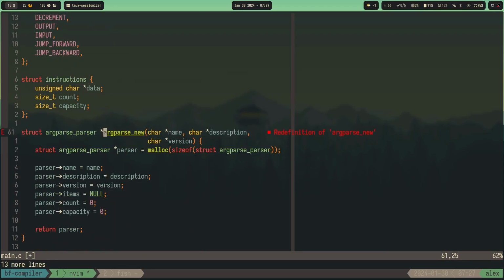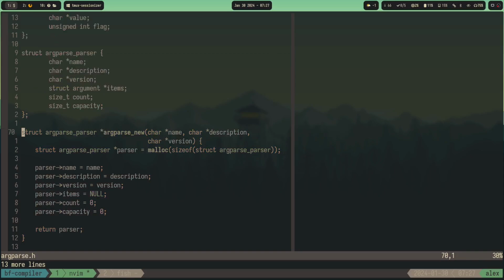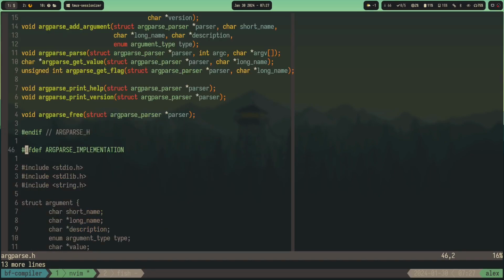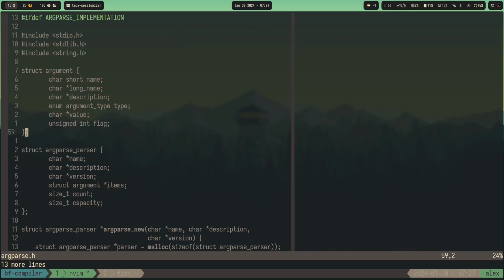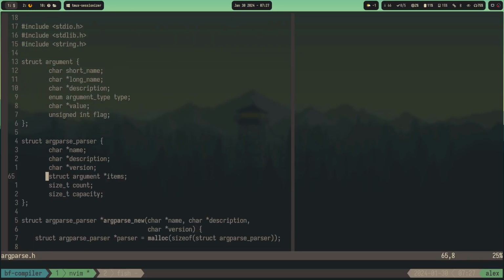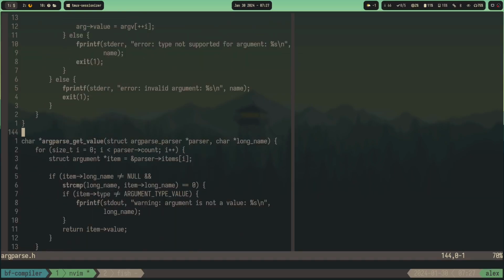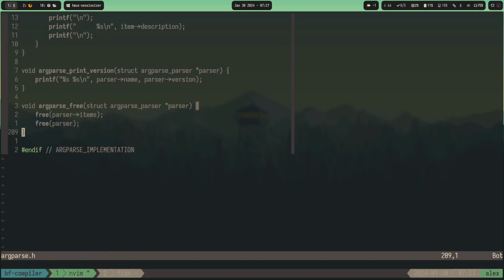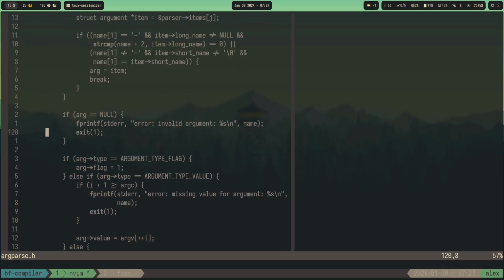And what's annoying about the LSP is that if we use this thing with argparse implementation, we need to define it for the LSP specifically. So we need a file, compiler_flags.txt, and define it there to see everything here, because it's really dumb to do it like this. But anyway,